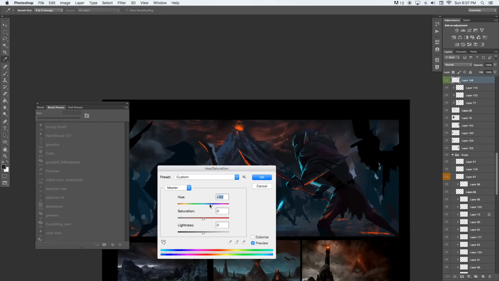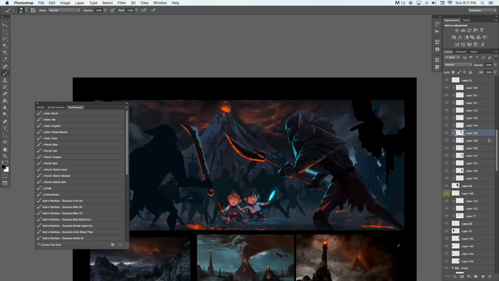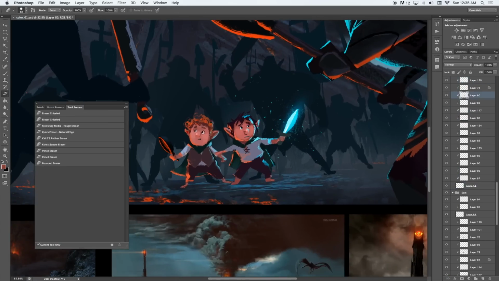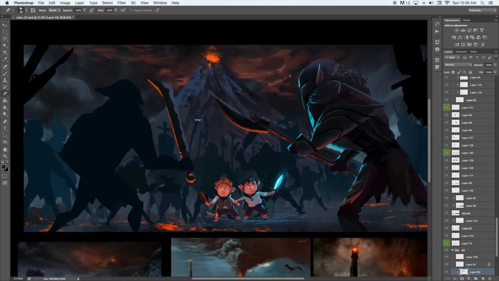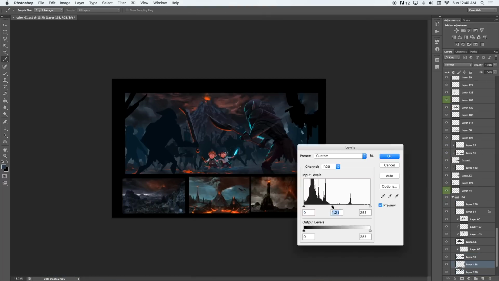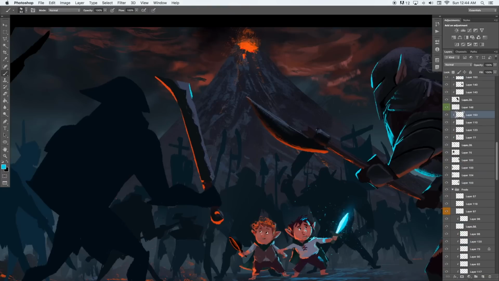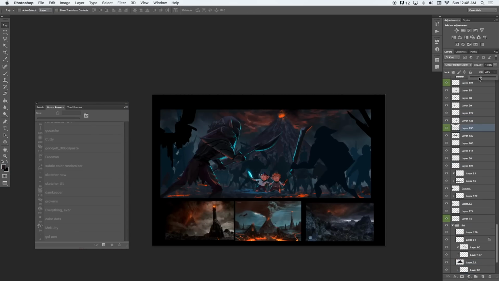As I paint this orc, I'm trying to think about all the different light sources I have in the scene. We have the diffused, coolish purple light coming from the sky, the underglow of the lava, and probably most importantly, the blue glow from Frodo's sword. Again, playing with the sky to try and keep that contrast down and make it kind of a second read